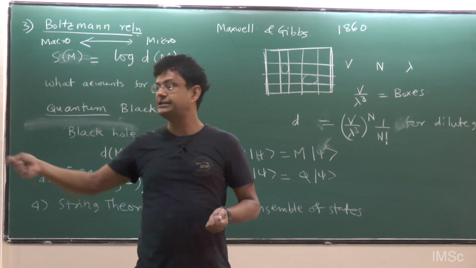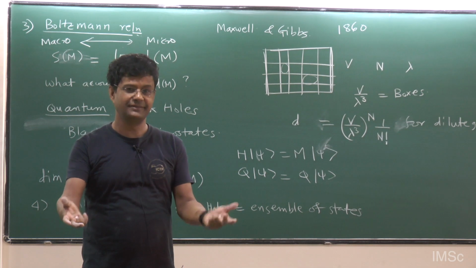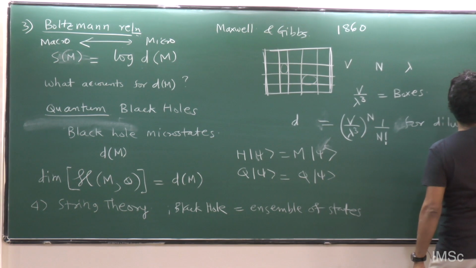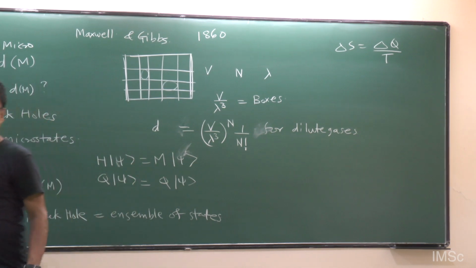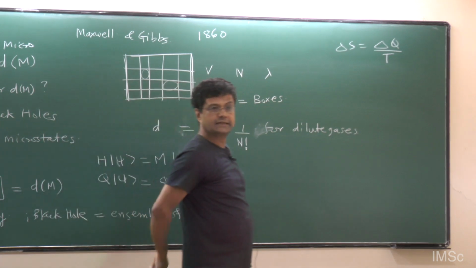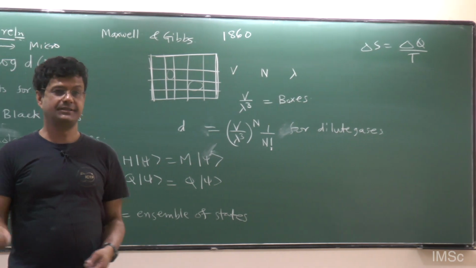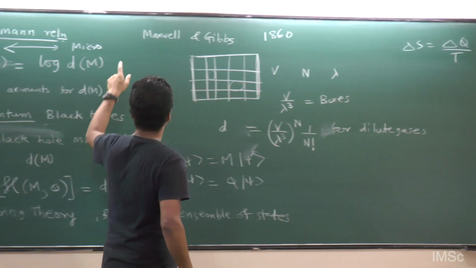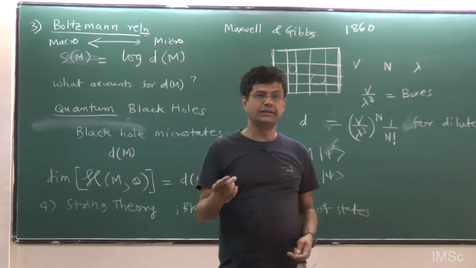But now you can put a heater in this room and measure the amount of heat that you're adding to this room divided by the temperature, because remember, entropy also has this definition: change in entropy is the heat added divided by the temperature. So that is a macroscopic way of measuring the entropy. And then if your theory is consistent, if your atomic hypothesis is correct, right, if you really believe in atoms, do they explain this entropy or not? That becomes the question.